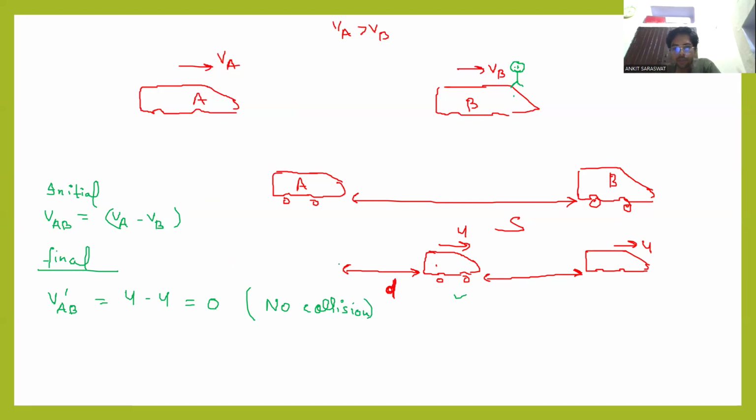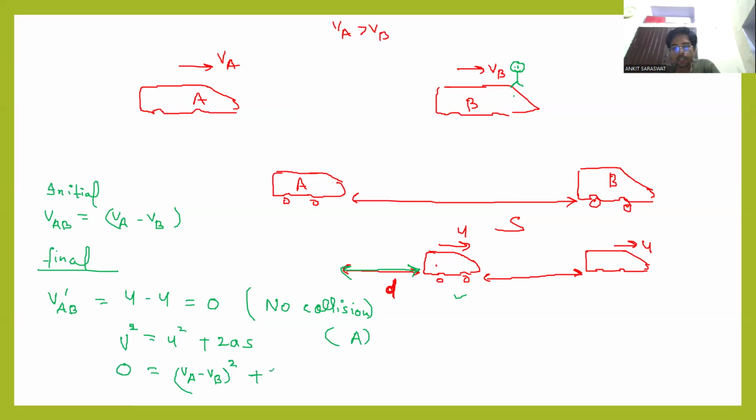Okay. So he should apply the brake in such a way that it will travel this distance d and acquire the common velocity as car B. Meaning, we can apply v square is equal to u square plus 2as. So what is v? Final velocity is 0. I'm applying this for car A, because I am taking everything with respect to car B. Clear? Initial velocity, that is VA minus VB, whole square,